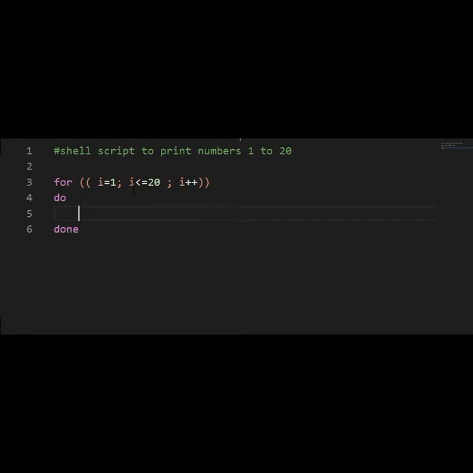If the condition doesn't satisfy, we are going to exit using the done condition. So in this program, we are supposed to display or print the values of I. So that is done using echo statement, and $I represents the value on the variable I.